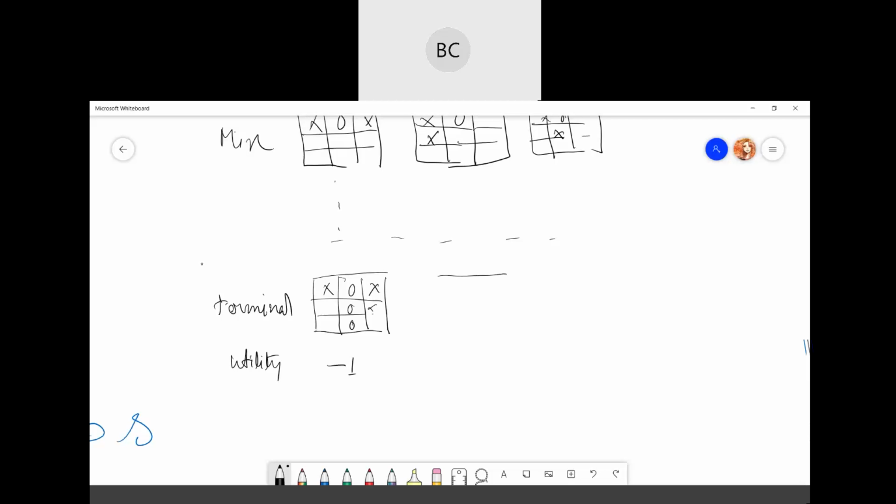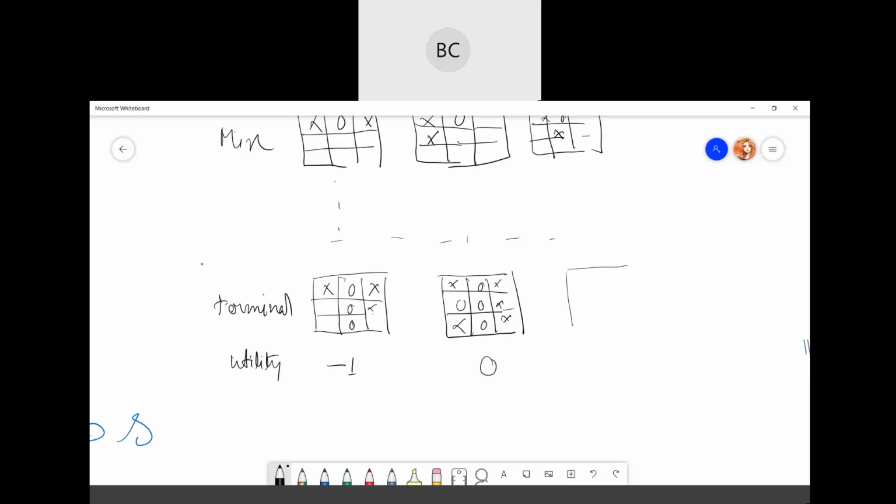Another state can be from somewhere. It can be x. Here there is no solution. There is a draw. So I can say the utility value is 0.